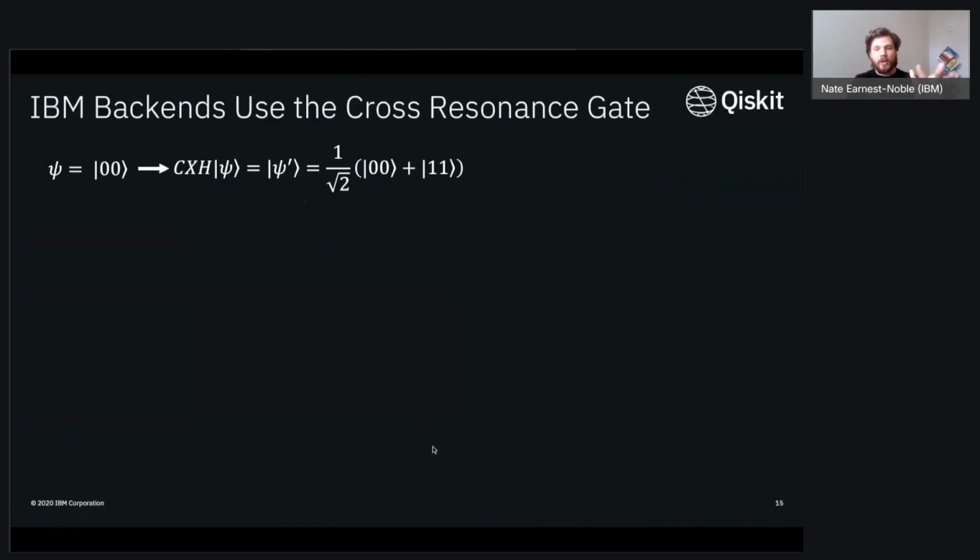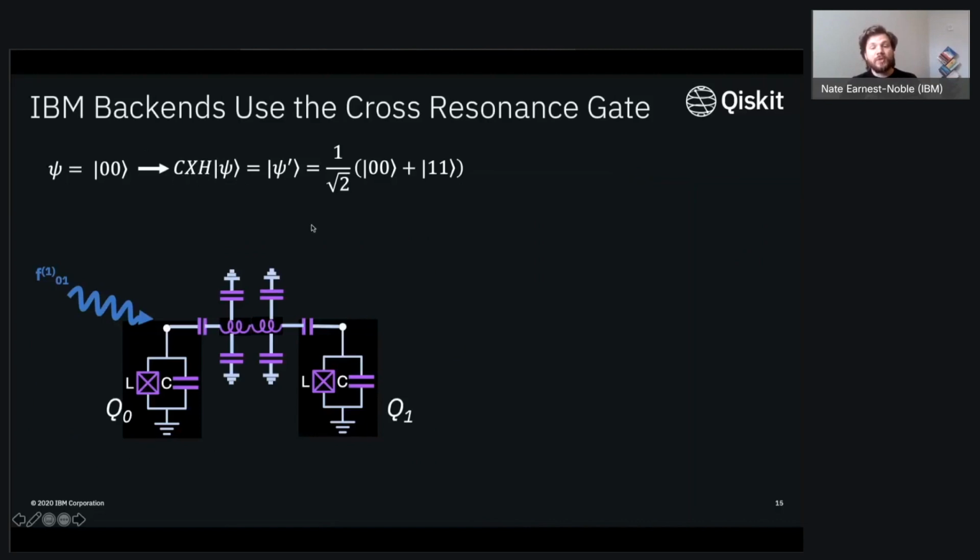So here I've just drawn what you've likely seen of this Bell state. So I do some Hadamard, which is built through that root X gate with some phase shift, and then a CX, which now I'm going to explain how it's built out from the cross-resonance gate. So the cross-resonance gate, the way that it works is we have two qubits, Q0 and Q1. In our case, we're going to be using fixed frequency qubits so that they can have those better T1 and T2 properties. And in this case, they're going to be coupled by some linear resonator.